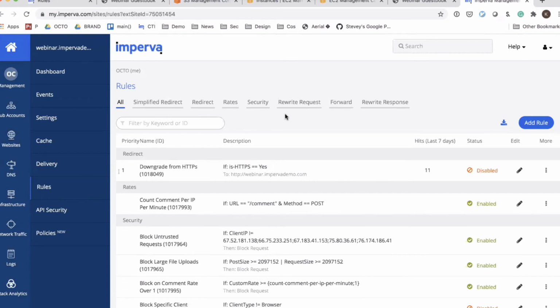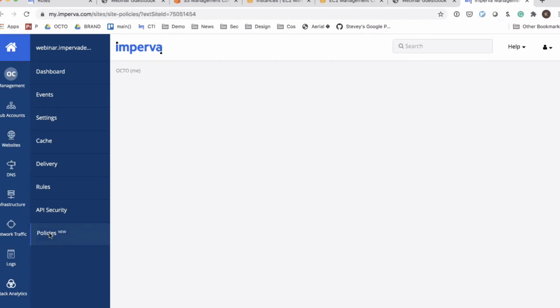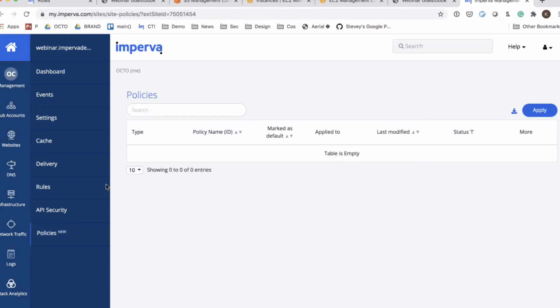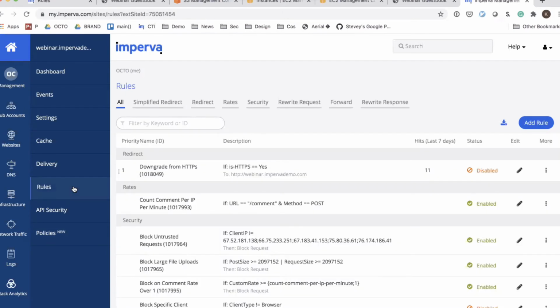Yeah, so my understanding is that there is a way to do it via policies, from the new policy management capability that we just released. I believe it's something that can be applied. However, I don't know if this applies all the way to rules. So I'll double check with you guys and let you know if this is something that we can apply from the rules page to everything else.